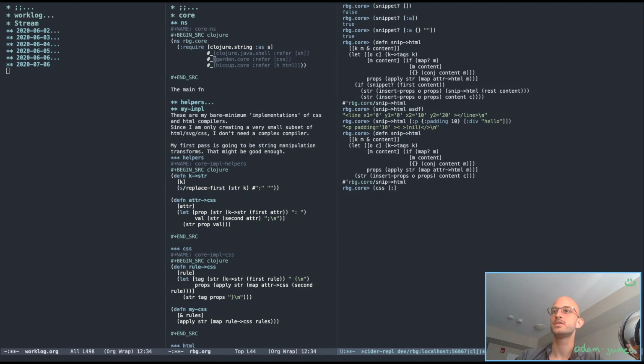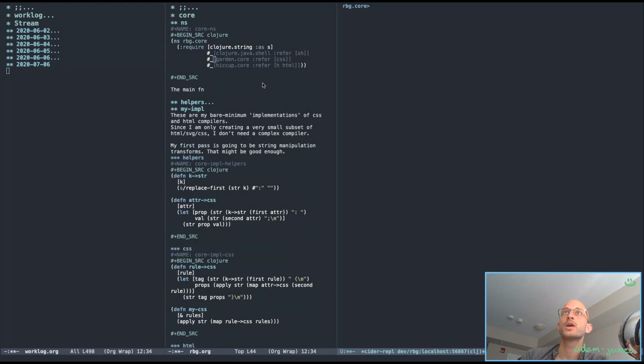Let's say you wanted to style a paragraph and you give it padding 2 pixels and margin 5 pixels. If you run this CSS compiler over it, it gives you a string of valid CSS, right? So paragraph, padding, margin. Maybe you want it to say pixels there normally, but